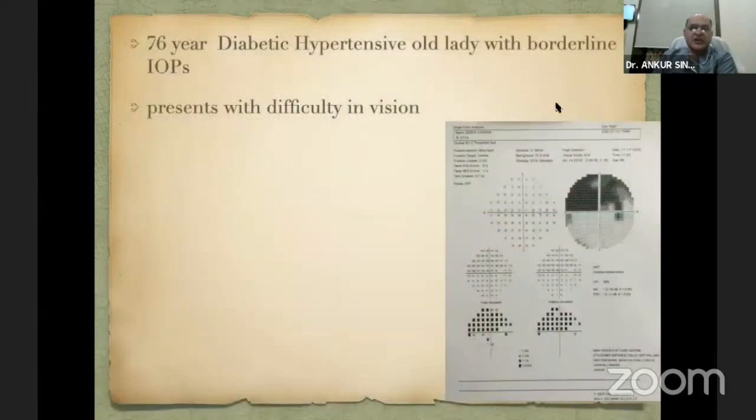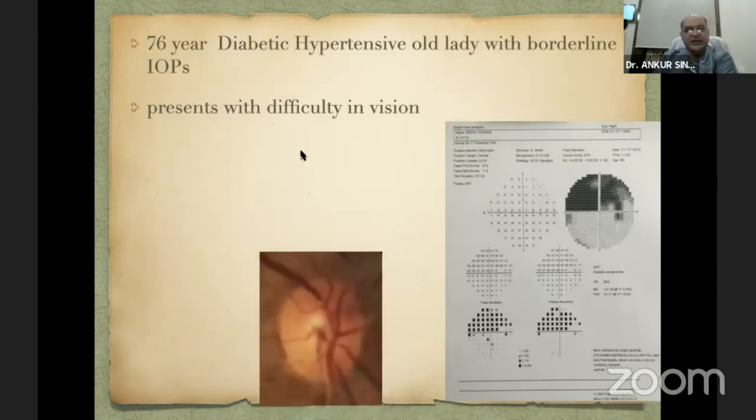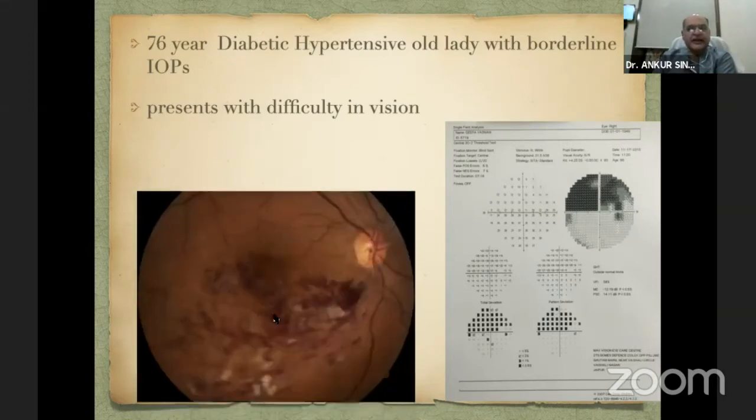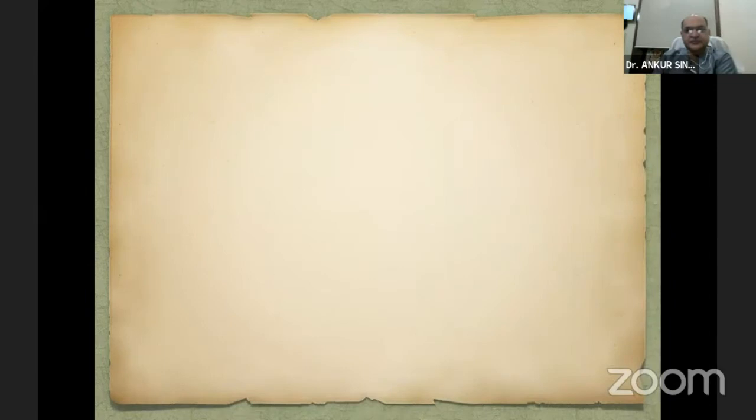Now, this is a 76-year-old diabetic old lady with a borderline IOP, and she suddenly presents with marked diminution of vision in one eye. And we see there's a gross visual field defect because the patient was a glaucoma patient on follow-up. My perimetrist had the visual field done before I came. And this was the disc when I looked with the 90D. So I could see some hemorrhages here, which were not typical of glaucoma. Once we dilated her and saw, it was a case of inferior temporal BRVO, which was seen as a visual field defect in this visual field.